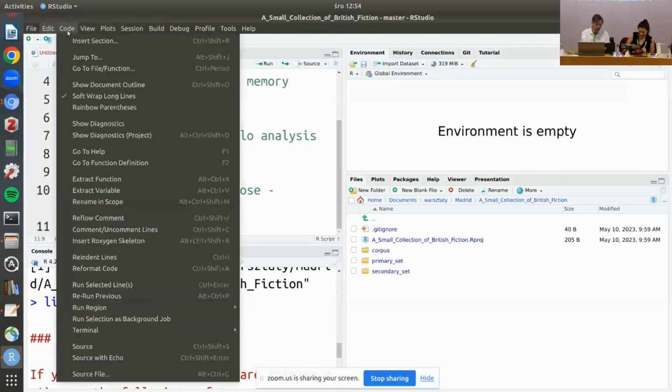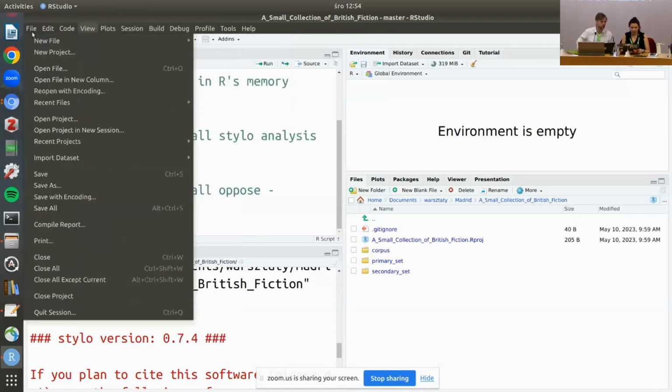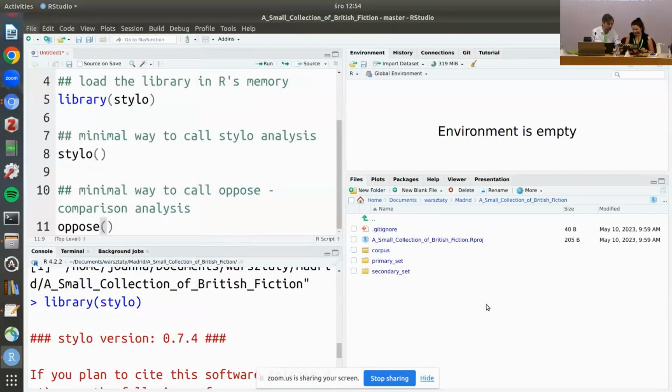Artyom, help me. Sorry. I was answering the chat. And of course. Where is the set working directory in RStudio now? Has it changed? Sorry, in RStudio on the right pane, right? There is the small, you probably cannot see it, but there is a small, like what is it called? The wheel. The wheel, yeah. Right. If you click the wheel,